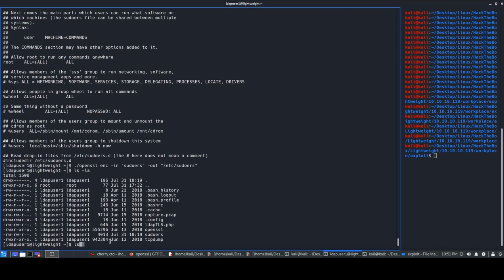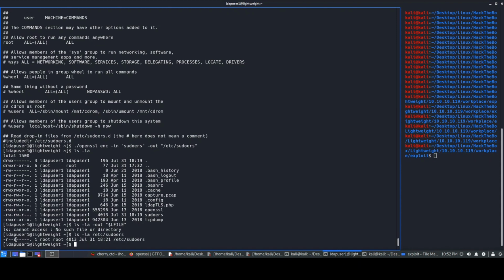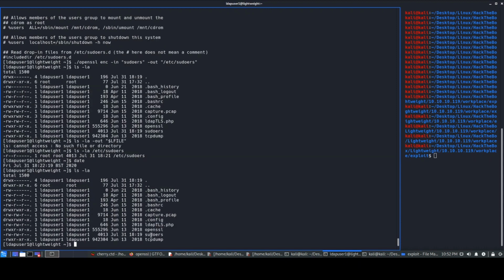If you check ls -la on /etc/sudoers, obviously that file belongs to root. My bad, I think I did not copy this thing. So it belongs to root, and only root can read it and obviously write it. Nobody else can do that. Okay, so if we look at the data itself, a minute back at 21, we did modify this particular file over here. So what we'll try to do is do ls -la again, and we do have,